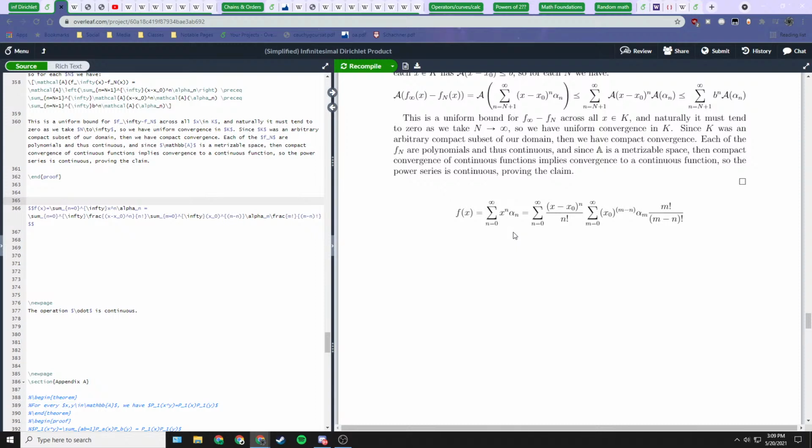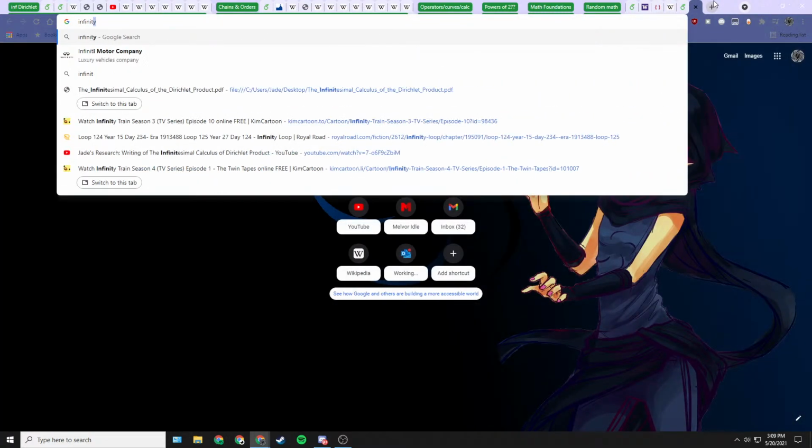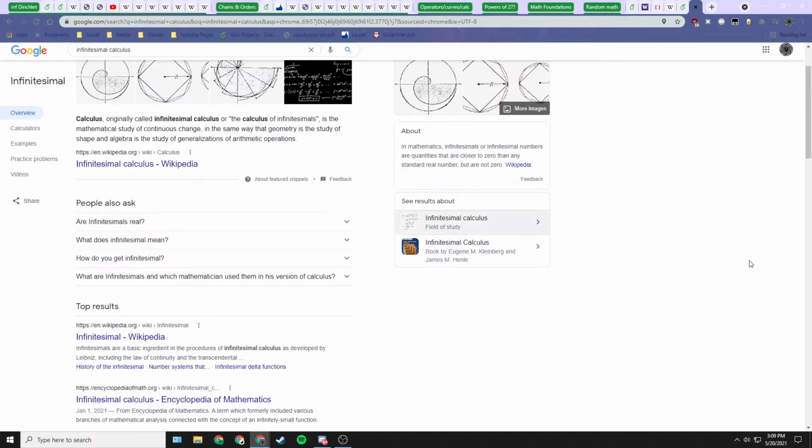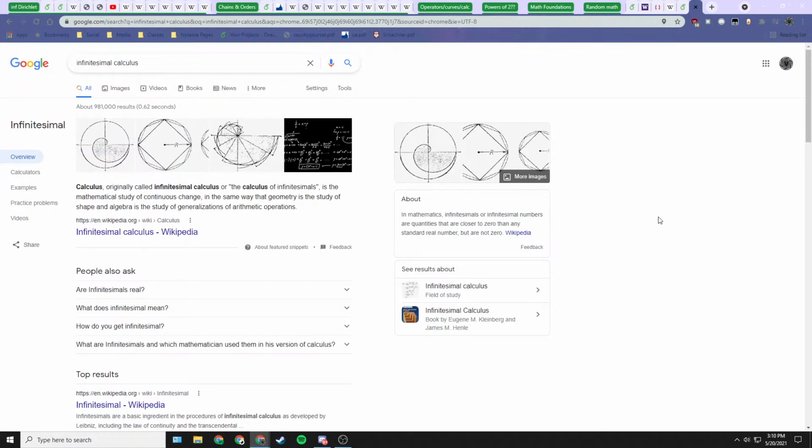That is a good question. Well, all calculus is infinitesimal calculus. When you say calculus, the word means infinitesimal calculus in common nomenclature. When calculus was invented, it was originally called the calculus of infinitesimals. Calculus actually just means to calculate. So historically speaking, they called it infinitesimal calculus, which is kind of funny.